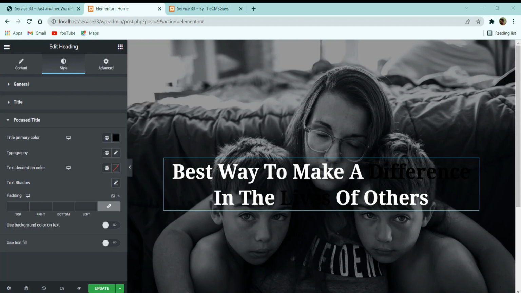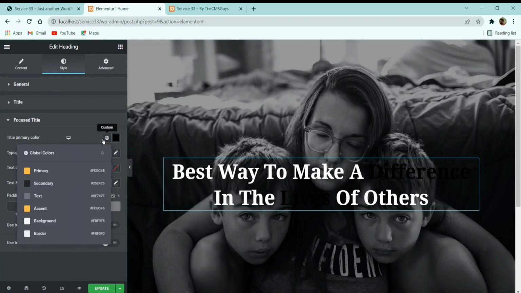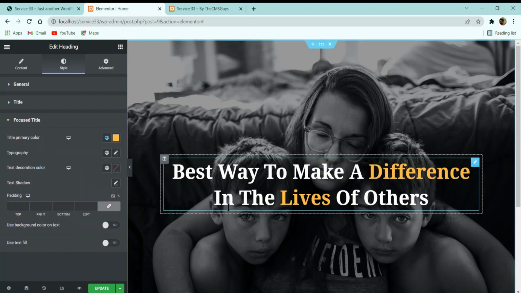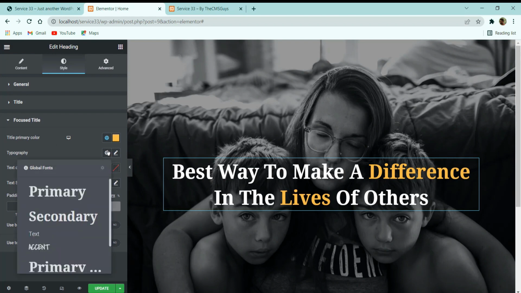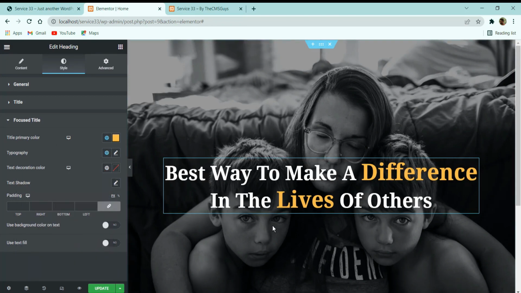In the same way for the focus title also, let's first change the primary color to it like this. Here if you notice, we have got almost everything. Now we have to change the title also. So typography, let's make it primary typography that we have chosen. Now after that,